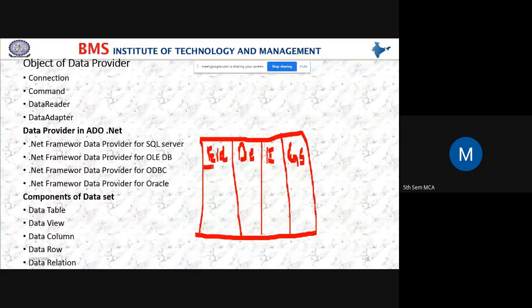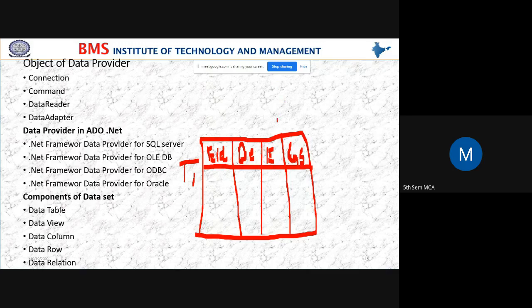Yes, this is my table, T1, table 1. In table 1 I have employee ID, department, and experience, how many years of experience.